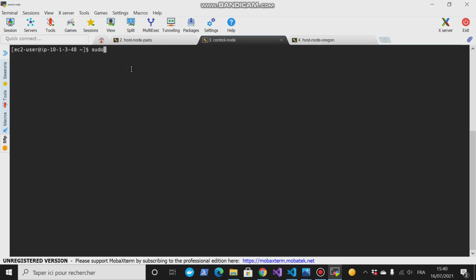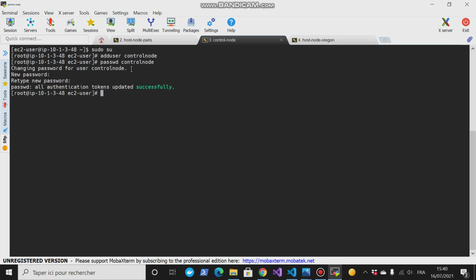Same thing here. I will sudo to root, add a user, call it control node, and give it a password. Nice, then I have to add that to the sudoers file, that control